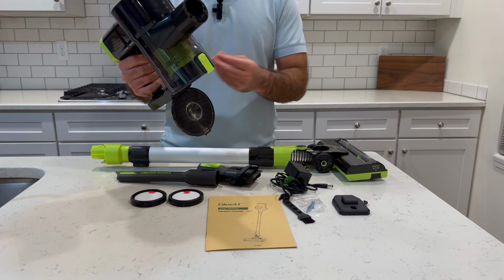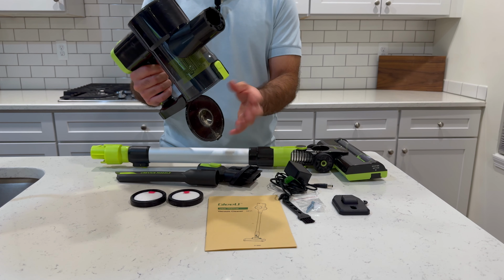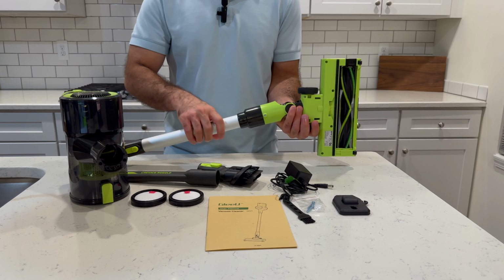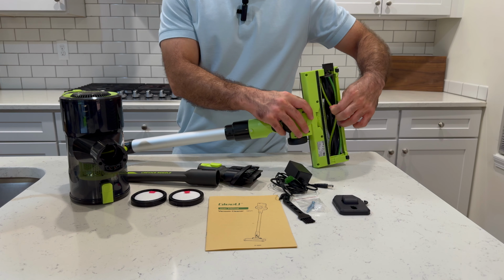If you've let it build up in there, if you have a lot of pet hair or lint and so forth, you may need to get your hand in there to clean that out, but not a big deal. The nice thing with the brush roll is that it's a very quick, easy release. You just have it here, slide that up, and you can pop this out